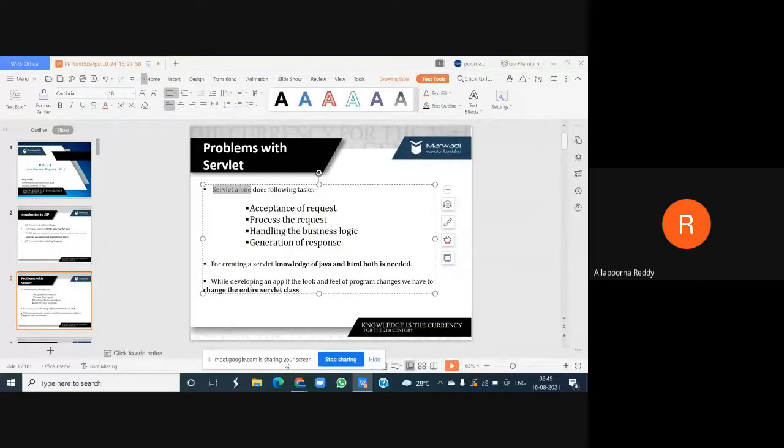And the third thing: if an application programmer makes any modification to your servlet, that modification must compulsorily be reflected in your .class file also. That means we need to modify our .class file too. You know the reason: when you compile your .java, we generate your .class file.